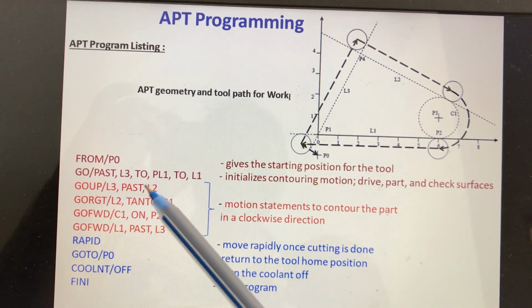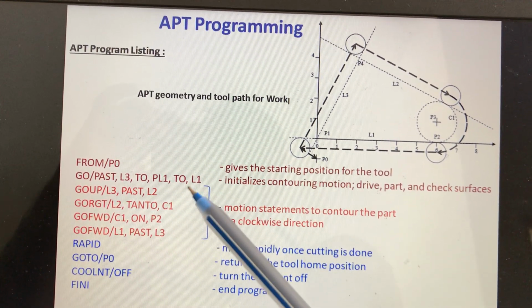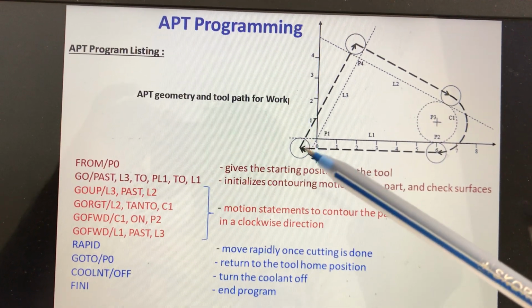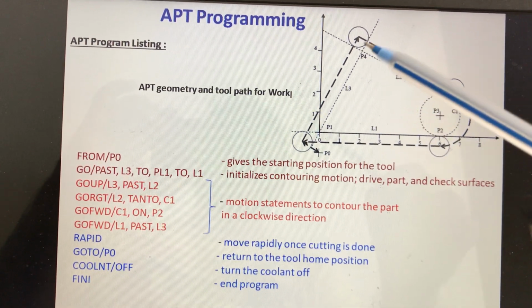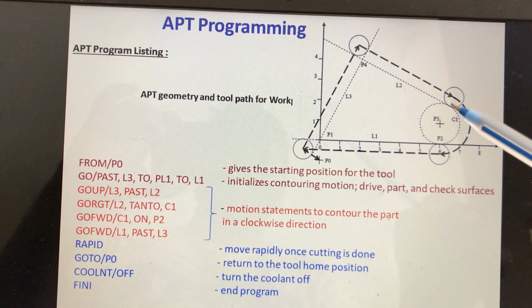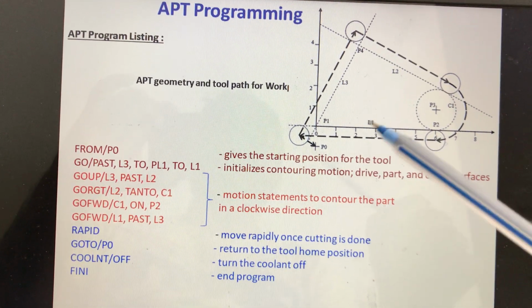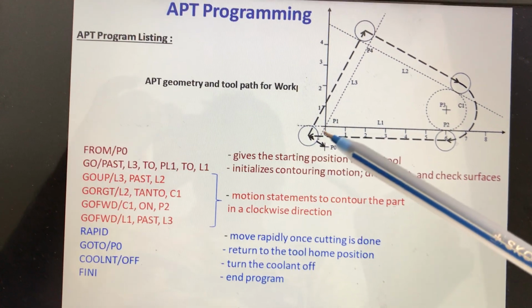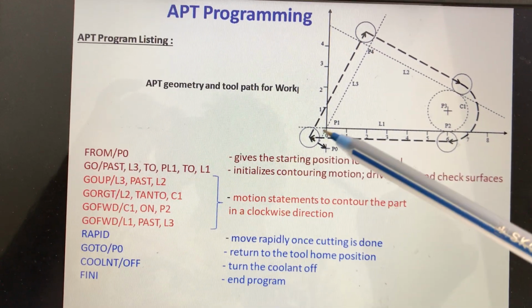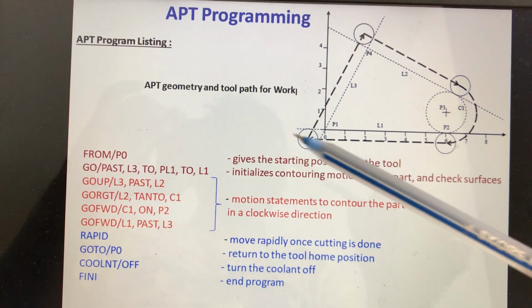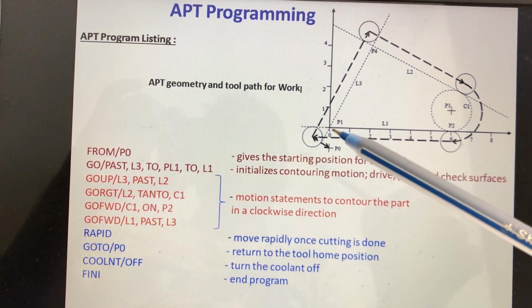past L3 to plane PL1 to L1. So you will pass this L3, follow the shape of this plane, and reach this L1. To L1 means you may not complete L1, you will come to the end of L1.